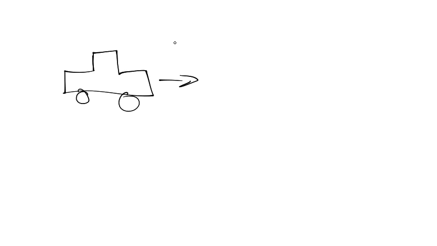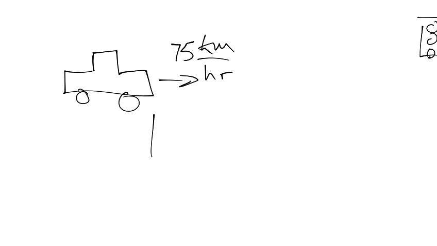Okay, so this problem is a kinematics problem. And we've got a car. I'm not a great artist, but this car is traveling to the right here at 75 kilometers per hour. And unfortunately, there is a red light. Well, let's try and do that properly. There you go. There's a red light